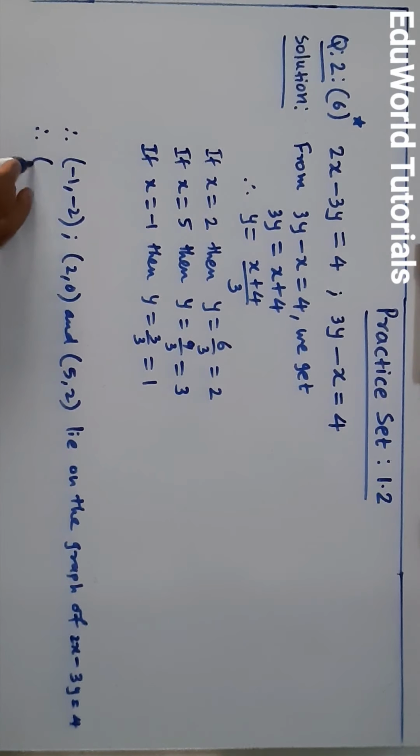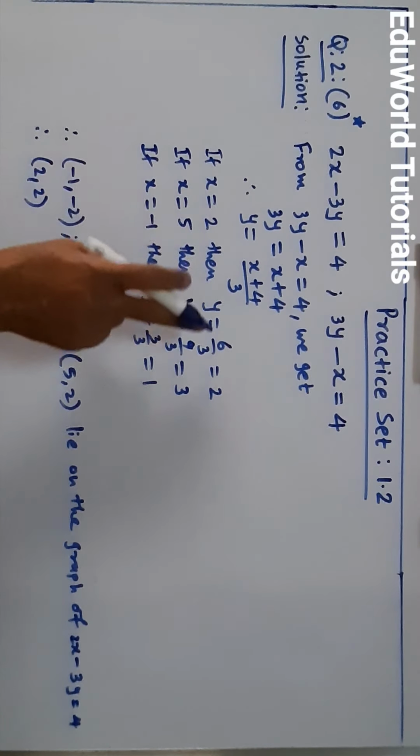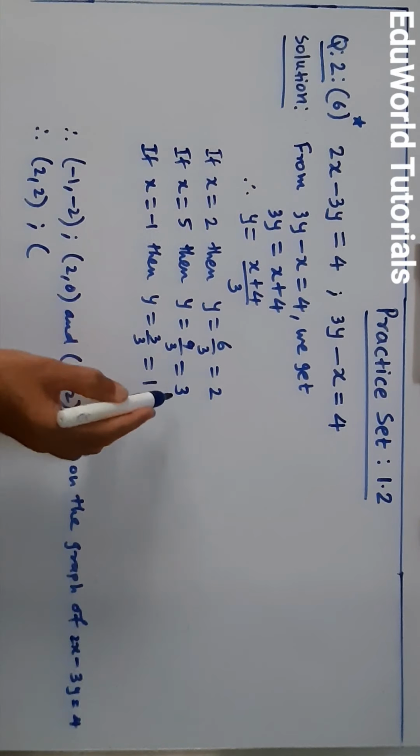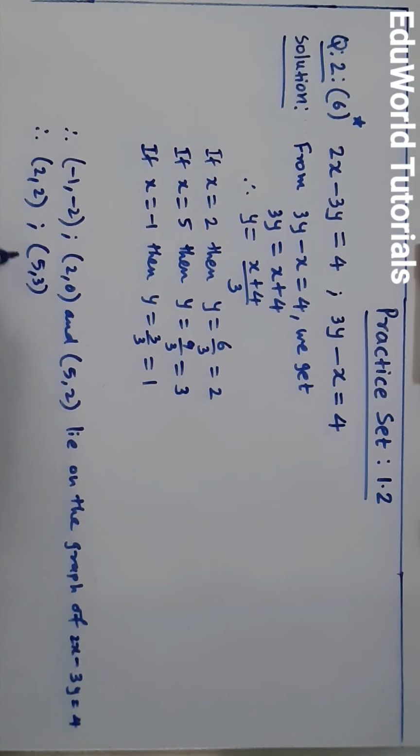Which are the 3 points? 2, 2, because x is 2, y is 2. Other point is 5, 3. These are called ordered pairs, or the points which are to be plotted on the xy coordinate system. The two numbers in every point are called an ordered pair. You have studied this in 9th standard. The first number is called the x coordinate or abscissa, and the second number in the ordered pair is called the ordinate or y coordinate. The third point is -1 and 1.